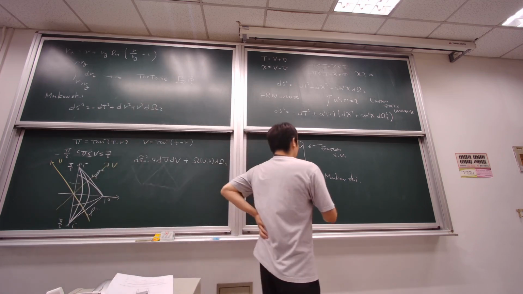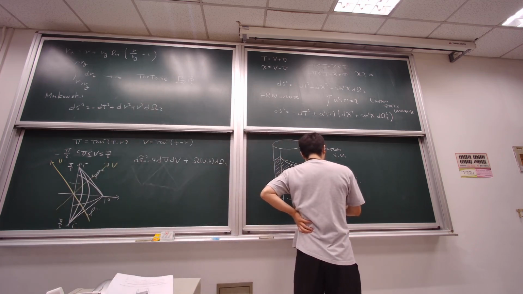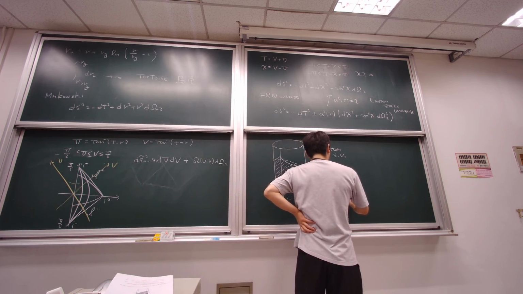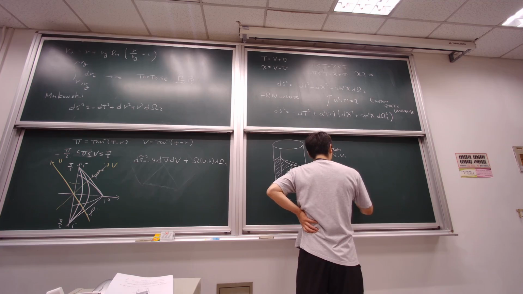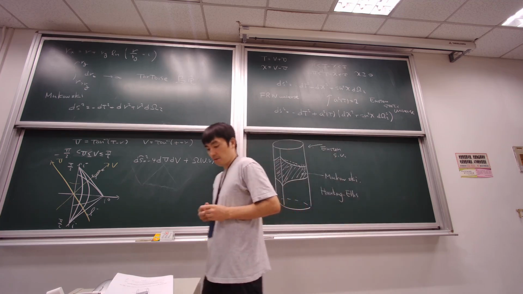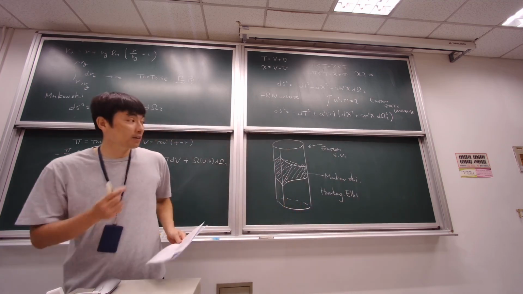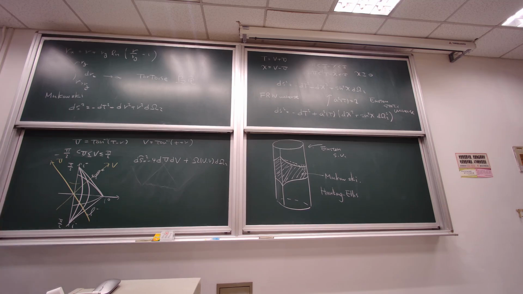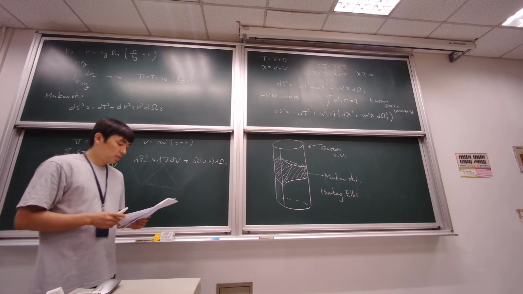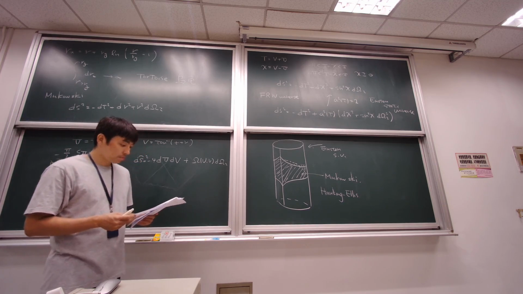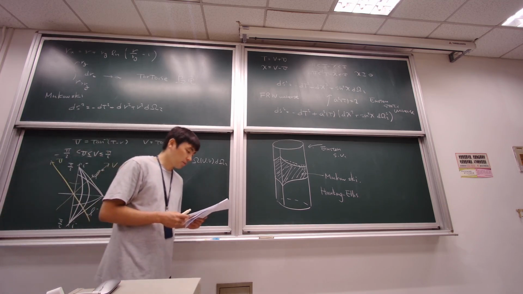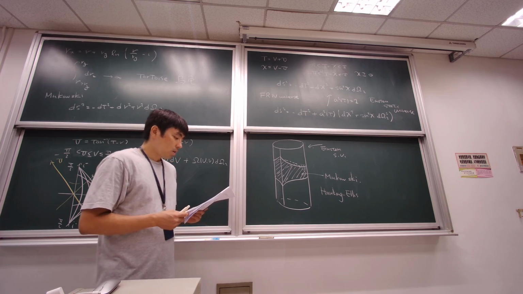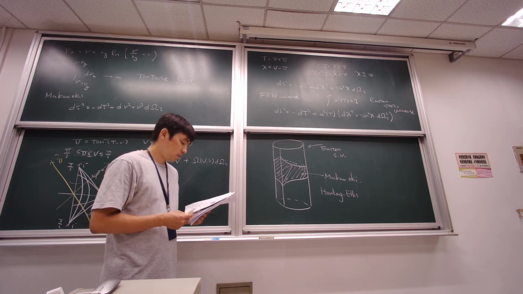This figure is written in some famous book by Hawking and Ellis. There are lots of nice figures over there about Penrose diagrams and so on. We will learn from now. And this is one way to embed the Penrose diagram into the Einstein static universe. Okay, that's what I wanted to mention.